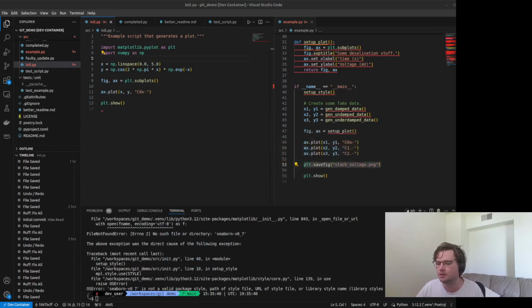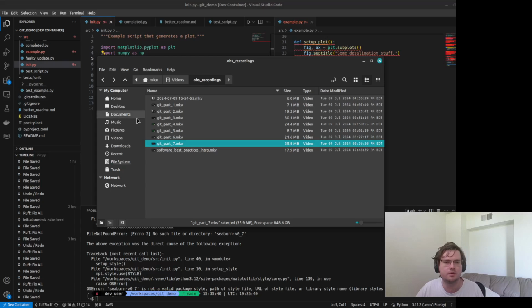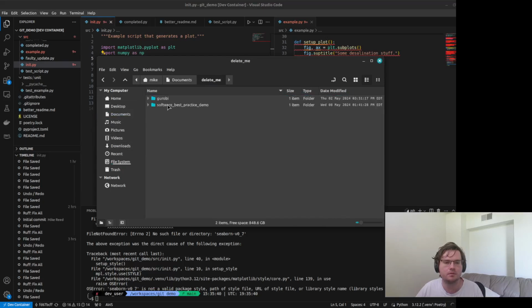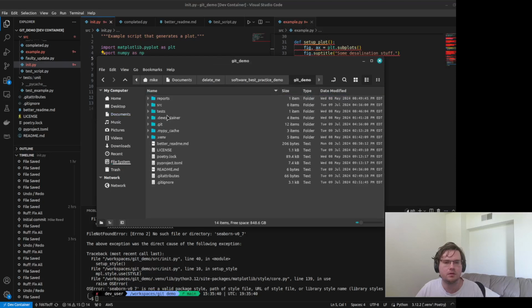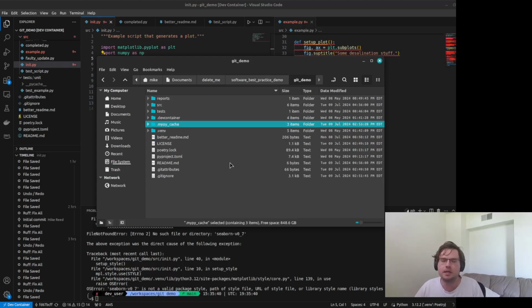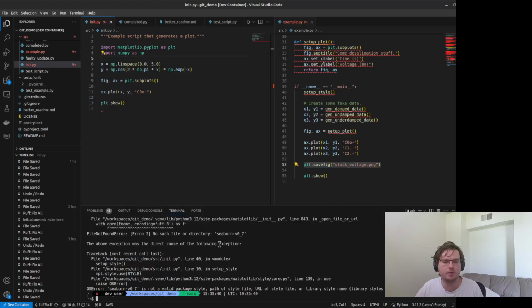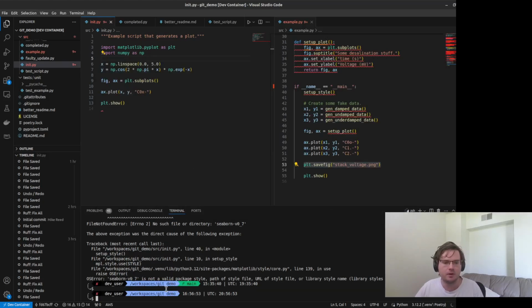So the first thing that I'm going to do is go to my Git repo. This is where it is. And again, this .git folder is where all of the information about my Git repository is held. So as soon as I delete that, it's now gone. Everything about all the previous versions of the Git repo is gone. Similarly, if I now open up my command line, you'll see that it no longer understands that this is a Git repo.